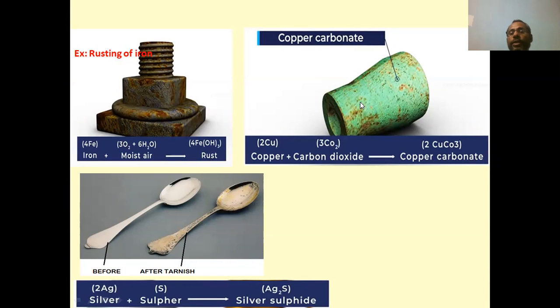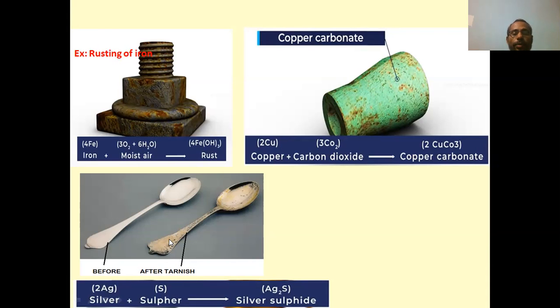So here another is a copper vessel made from copper, but what happens when it undergoes corrosion? The surface changes into green color, right? So this green color is nothing but due to copper carbonate. The pure metal copper reacts with the carbon dioxide in its surroundings and gives rise to the formation of copper carbonate, and that brings the green color over the surface.